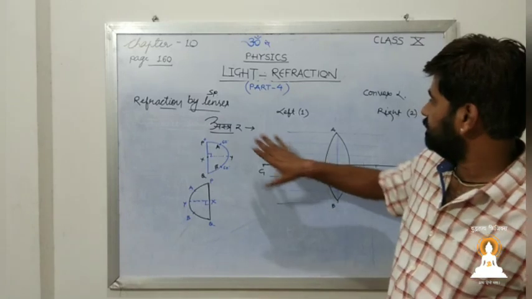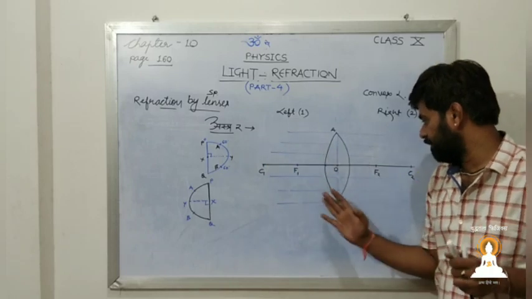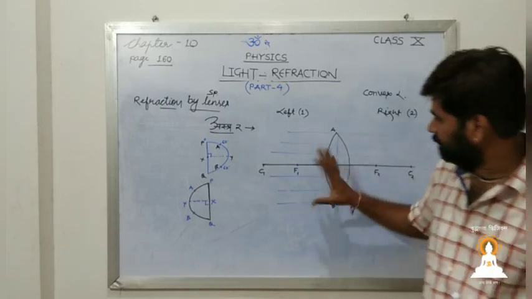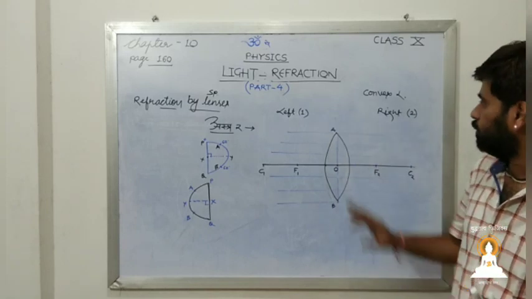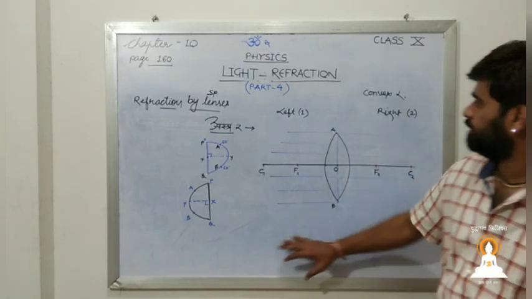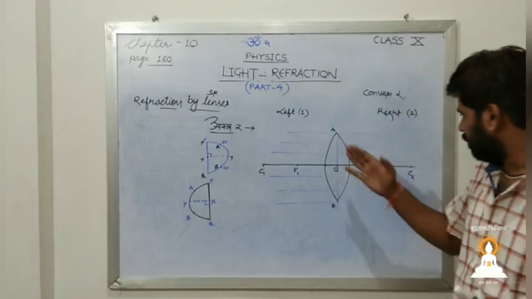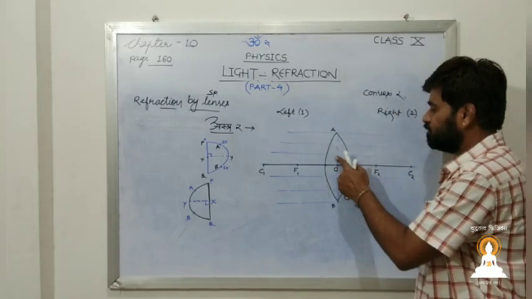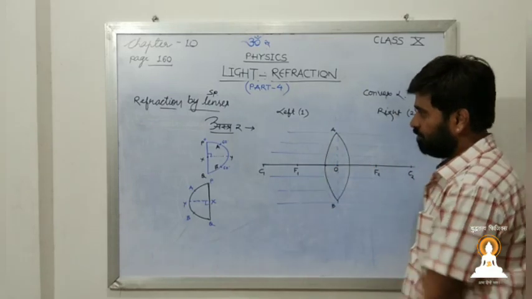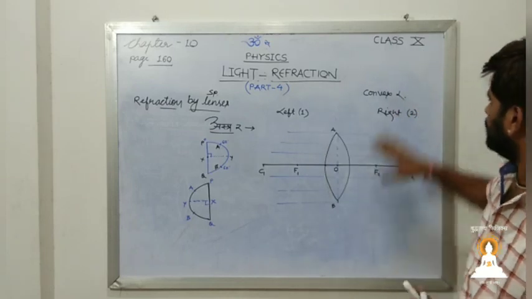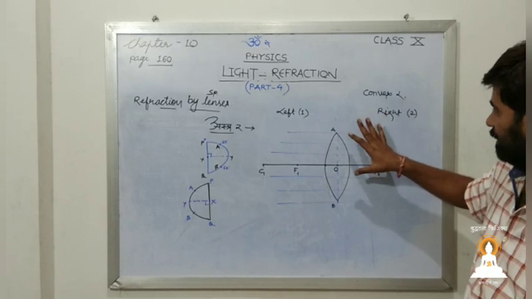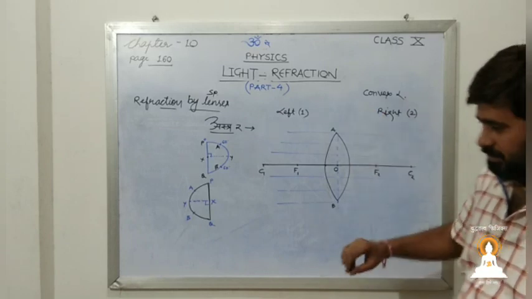So this is the second Astra which I have given you, a very simple one. Try it so that you can get it in a quite good way. The main problem with the students is, sir, how to draw, and sir, it takes too much time to draw. So I have given you the simple one. So this was the convex lens. It is quite simpler, but the next one is quite tough.